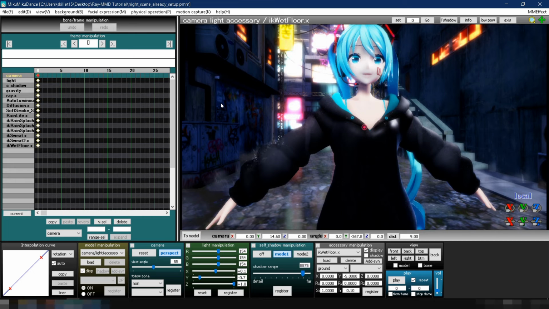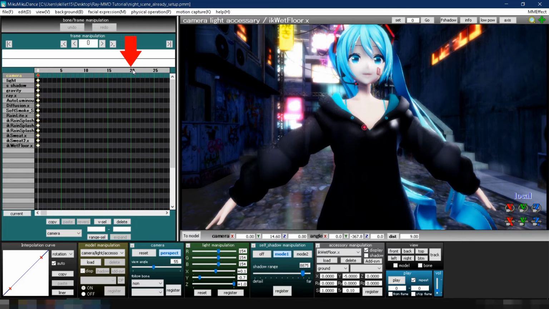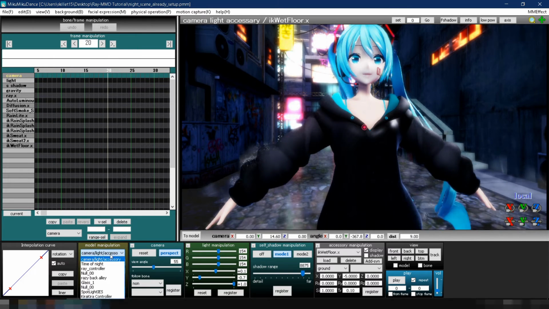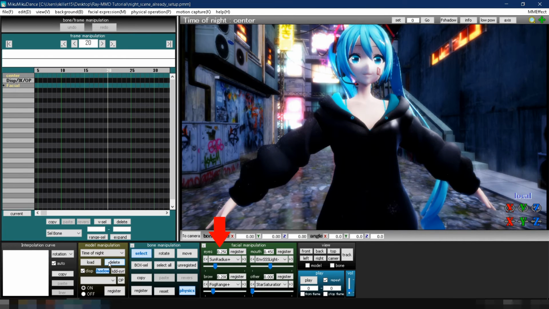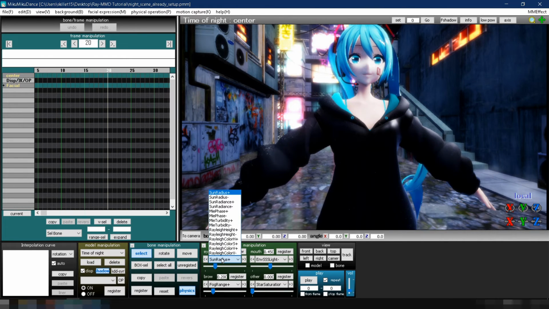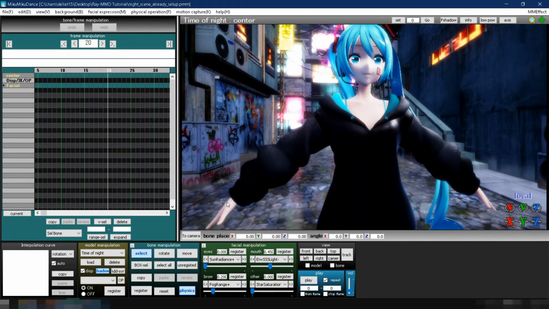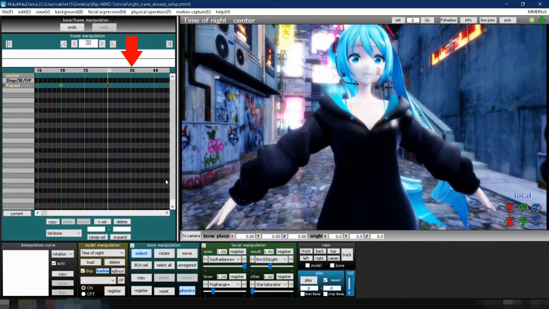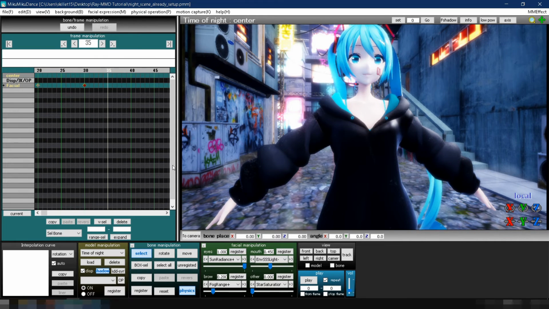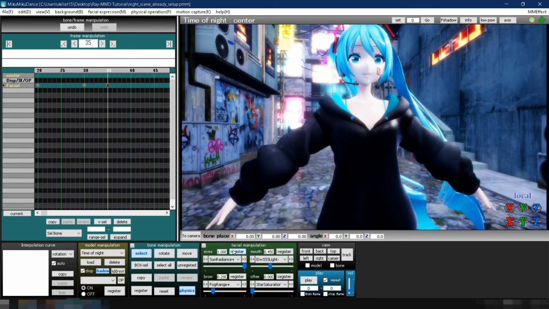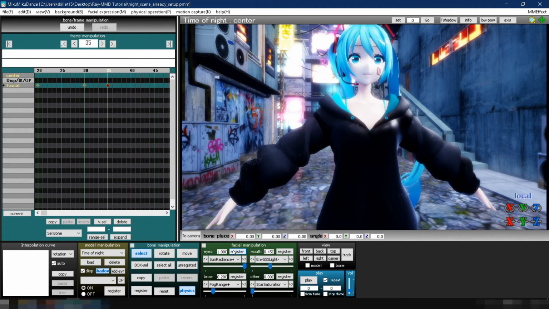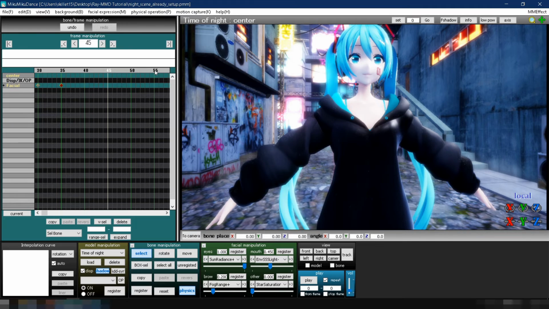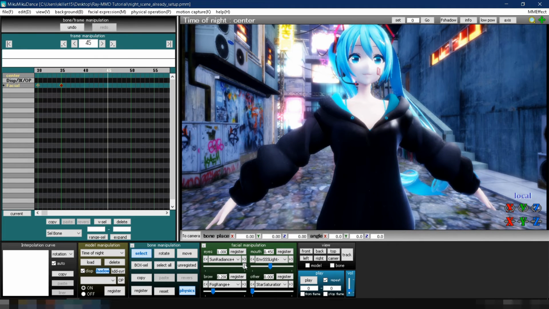Finally, let's add lightning. Select Frame 20 in Frame Manipulation. Go to Model Manipulation and choose the Time of Night controller. In Facial Manipulation, select Sun Radiance Plus, which is initially set to 0, and click Register. This will be the initial value set at Frame 20. Move to Frame 30 and set Sun Radiance Plus to 1. Click Register. Move to Frame 35 and once again, register Sun Radiance Plus to 1, allowing time for the lightning to appear before it fades. Move to Frame 45 and return the Sun Radiance Plus value to 0.